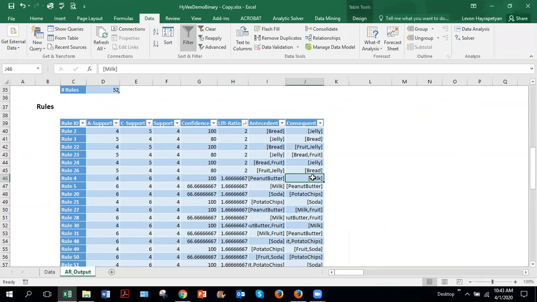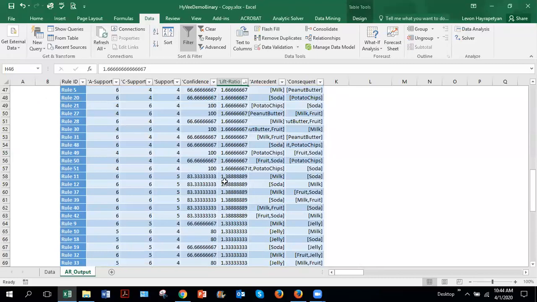How did I get that 66.7? Whichever the lift ratio is, you subtract 1 from the lift ratio and convert that difference into a percentage. Converting into a percentage means multiplying by 100. Let's look at another one. This one is also 1.67, which tells us that if a person purchased fruit and soda, then there is approximately a 66.7% higher chance that the person will purchase potato chips compared to a regular